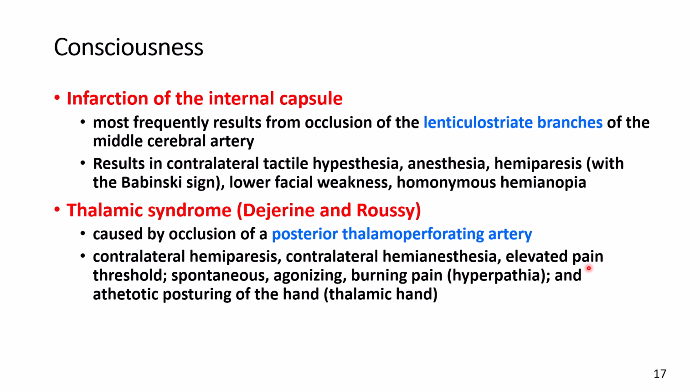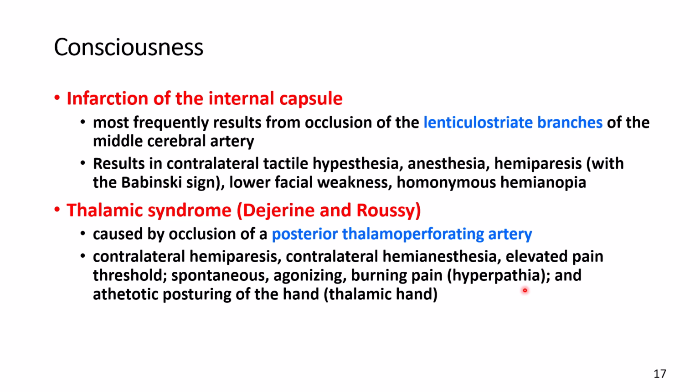If there is any damage there, you may not feel pain, or you may get a different type of pain, very severe pain, that's called hyperpathia. And this is a neurogenic pain. This is not the same as other types of pain. This is a central pain, not a peripheral pain. That's why the treatment is also different. It does not respond to the normal